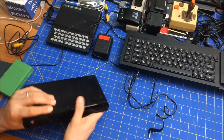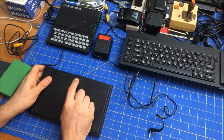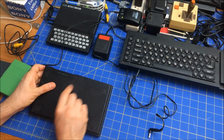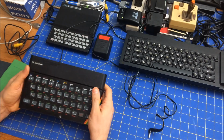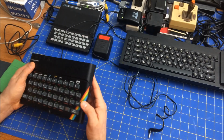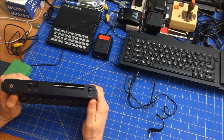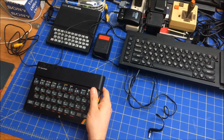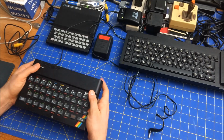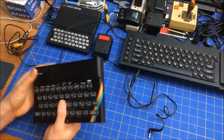Now, the one thing that's of a concern is that this screw right here is very rusted. The other ones are not so bad, but what I want to do is open it up and see if I can get it booted up today, or if it's going to actually work or not. So first thing to do is to open this up. So by the way, this came out